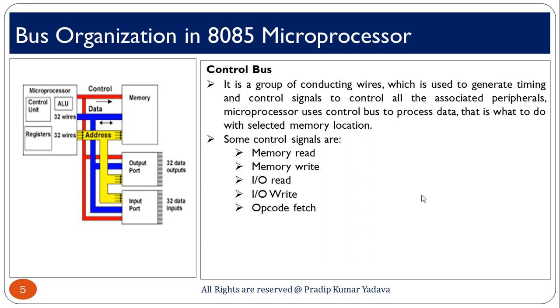So this is what is in this video, and I hope you understand what the data bus, address bus and control bus are, and how they work. Okay, thank you for listening, and in the next video I will discuss the architecture of the 8085 microprocessor. Then I will discuss the pin diagram of the microprocessor.